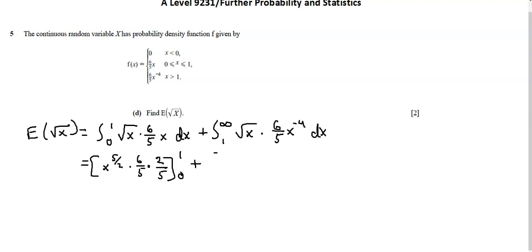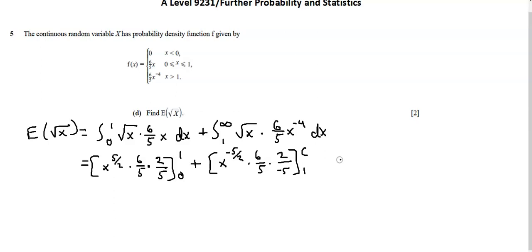Adding our second integral, we have the square root of x and x to the power of negative 4, which combine to x to the power of negative 7/2. Integrating will get to x to the power of negative 5 over 2. Previously multiplying by 6 over 5, and now dividing by the new exponent of negative 5 over 2, or multiplying by 2 over negative 5. Here our interval is from 1 to infinity, I'm going to change that to 1 to c as described earlier,